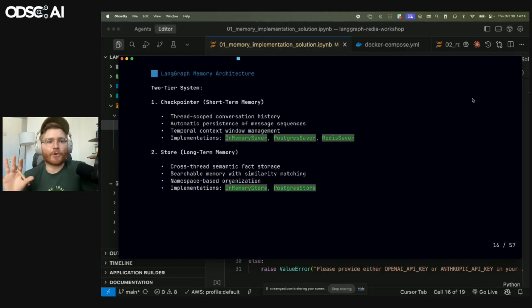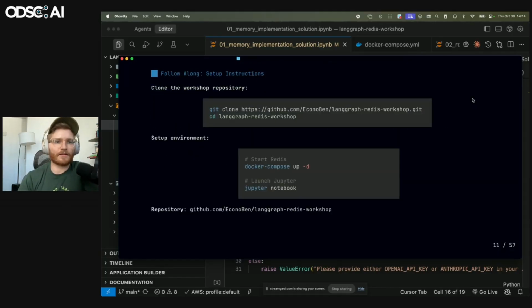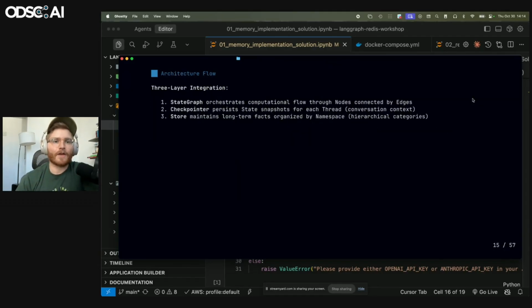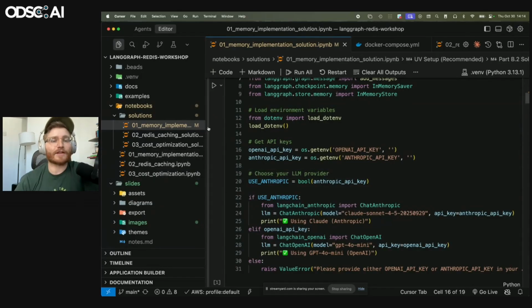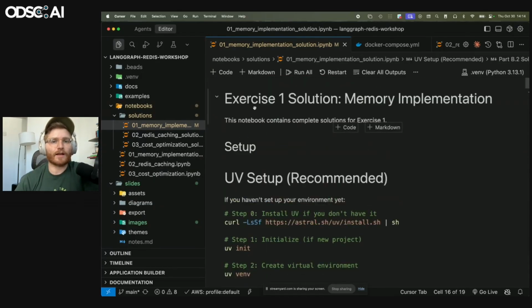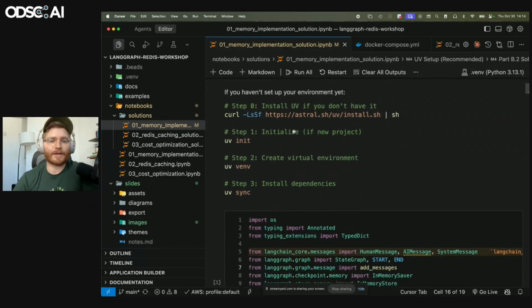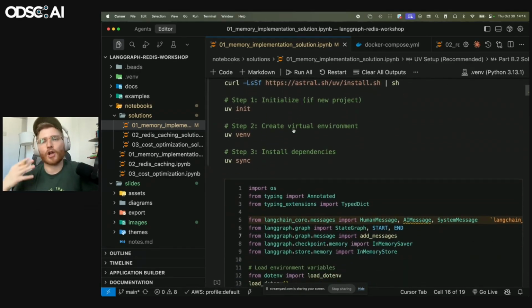Let's talk about the checkpointers and the store in a little more detail. And if you want to follow along, by the way, you can just git clone here. I'm going to take a step back and point to two different types of notebooks that I've written. So I have a solution notebook, which is all the answers. Frankly, you can start there and still go through the code and feel like you've learned everything, in my opinion, because memorizing all of these abstractions, I don't necessarily think that we need to do that here. But if you want to try to,